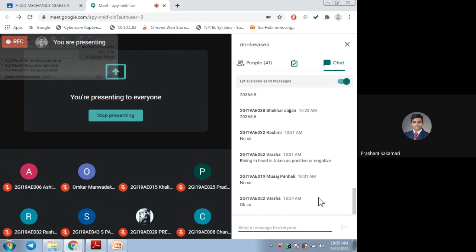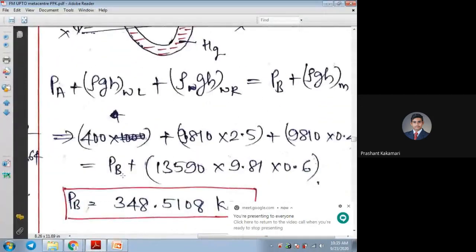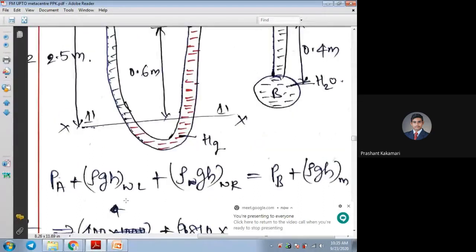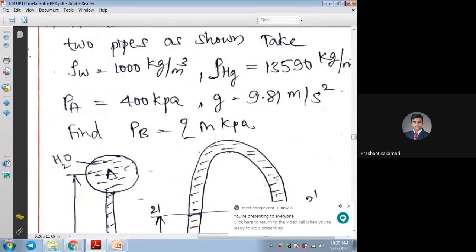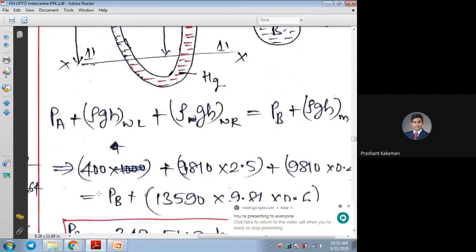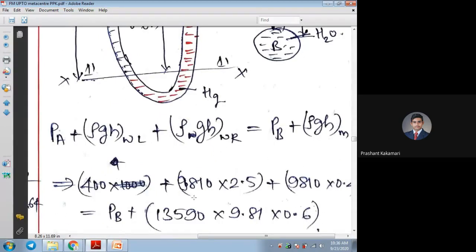Yes, any replies? Okay, so check these values. No, no, pressure. Sorry, PA is given as 400 kilopascal. 400 kilopascal we will keep as it is because PB will be in kilopascal, so don't convert it. 400 only, because we need the answer in kilopascal. Then rho g h of water on the left side, so 2.5 meter is given here. Rho g h you can write down